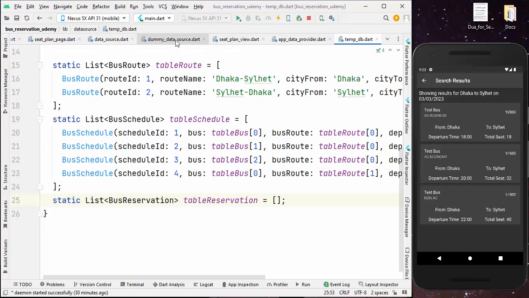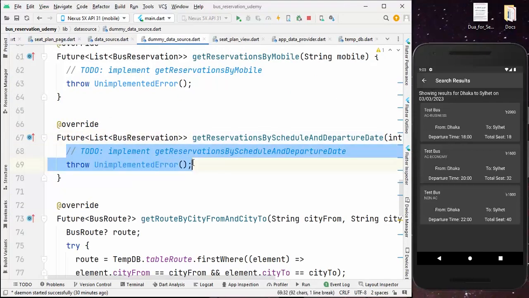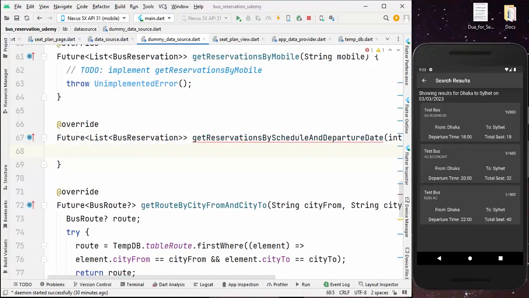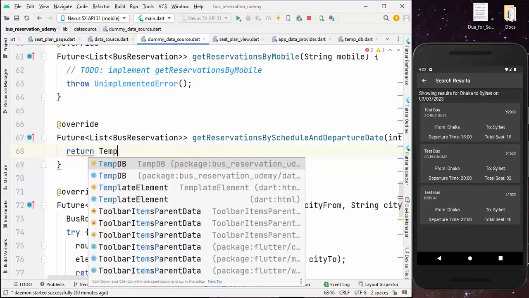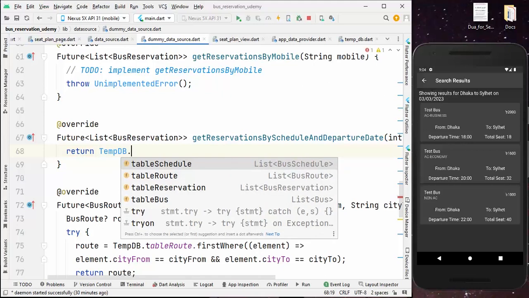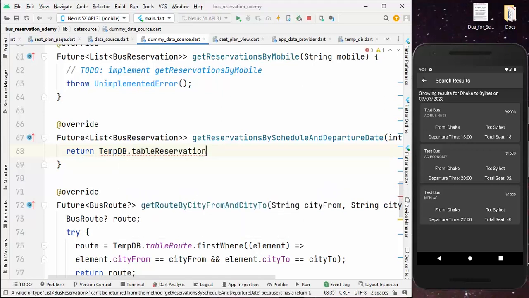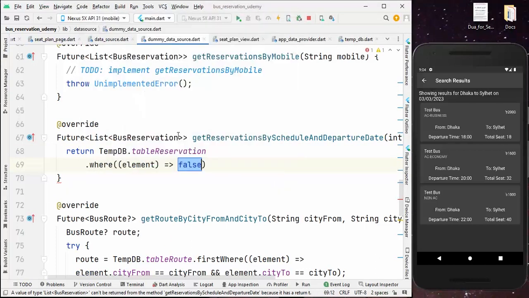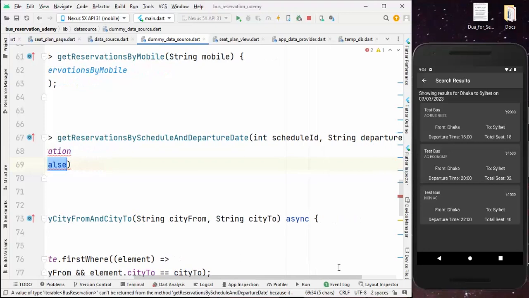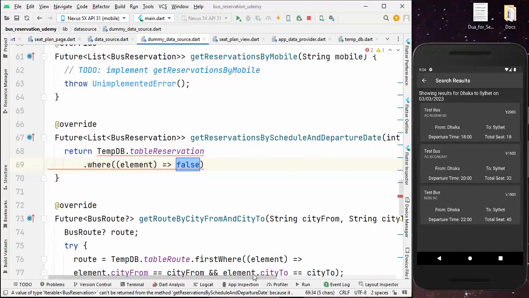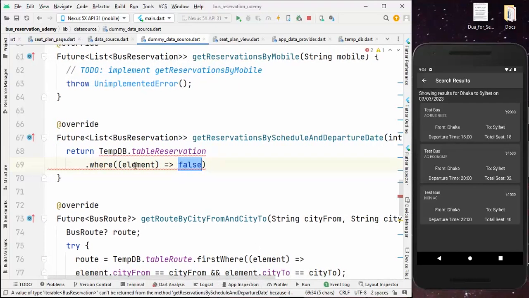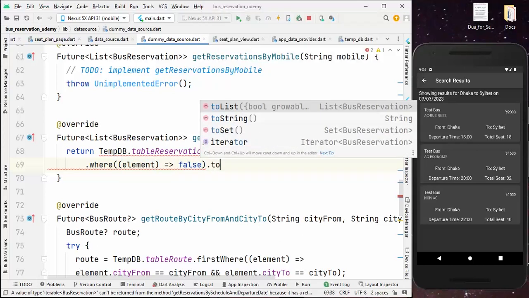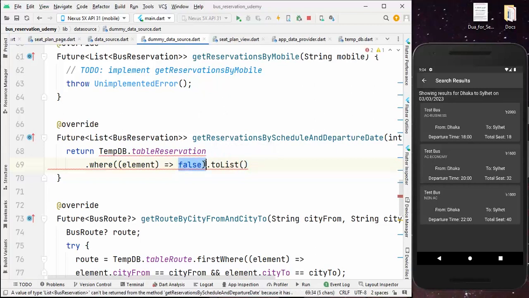So inside the dummy data source class, I am writing a few lines, and I will return a list of bus reservation just like this. So return temp.db dot table reservation dot where. So we have the schedule ID and we have this departure date, so we need to match both of them. So this element is the reservation object, and then at the last we need to convert it to a list,